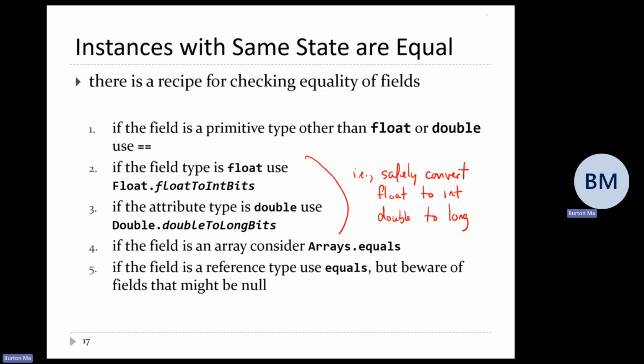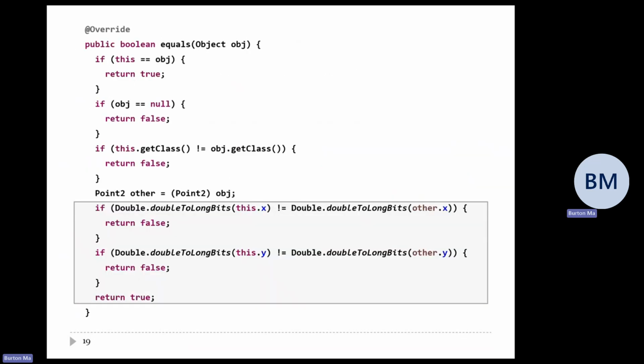Okay, so there is a recipe for testing if two objects have the same state. I'm going to skip over this slide for the time being. I'll come back to it in just a second. All right. So this is the quote unquote correct version of equals. But what you want to do in this next step here, so after you do the cast, is you want to look at the x and y coordinates of obj and other. So conceptually, what you want to write is something like